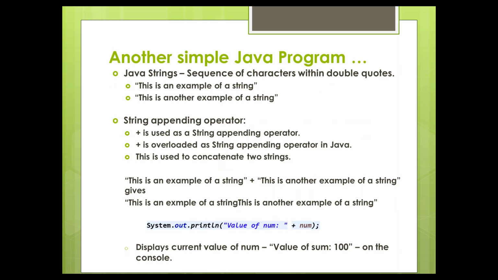Let us see, we have seen what are variables, what are memory locations, how to declare a variable, how to assign a value to a variable using the assignment operator. Let us see what are Java strings on a high level. Strings are nothing but a sequence of characters. So a sequence of characters is nothing but, like English letters, right? Here we can see English letters. Not only English letters,